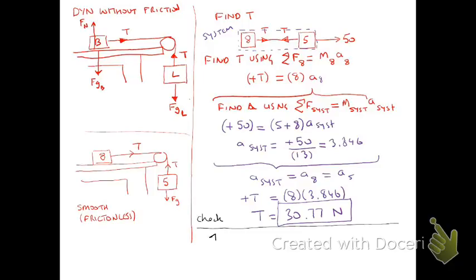And we can say the sum of the forces on the 5 equals the mass of the 5 times the acceleration of the 5. So looking at my 5, it's plus 50 added to minus T is equal to 5 times a, which gives me T is equal to 50 minus 5a. T is equal to 50 minus 5 times